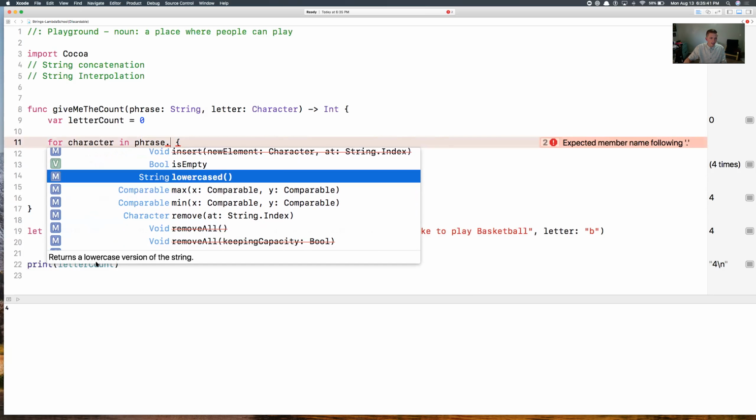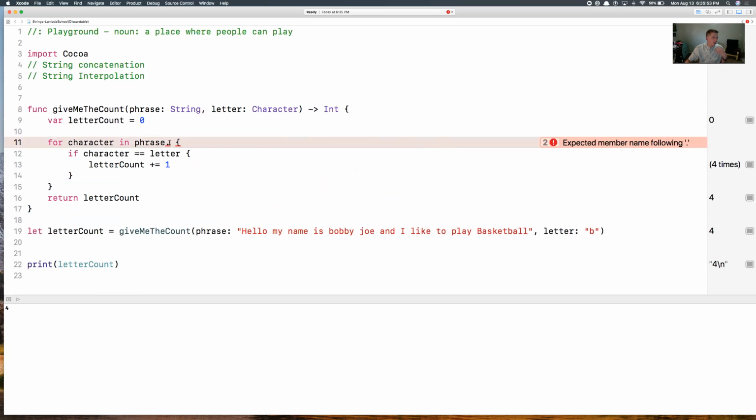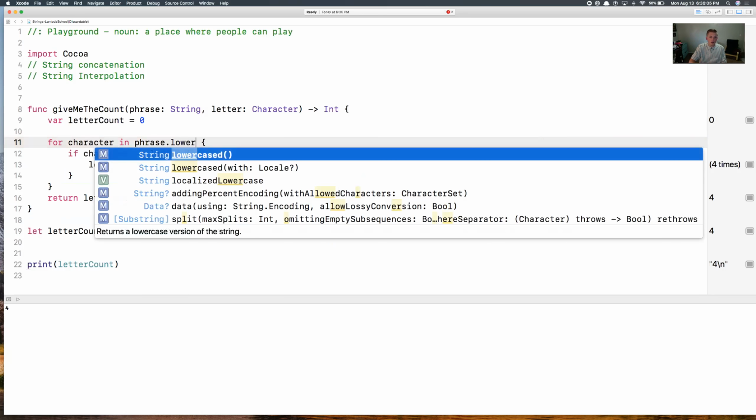And if I highlight that, it says returns a lowercase version of the string, okay? And that's the same with uppercase, although it's just the opposite, right? Returns an uppercase version of the string. So what I can do here to make sure that I don't run into any of these case-sensitive issues is pull in my parameter, which is my phrase, but then I either need to uppercase or lowercase everything, okay? So if I do lowercase here